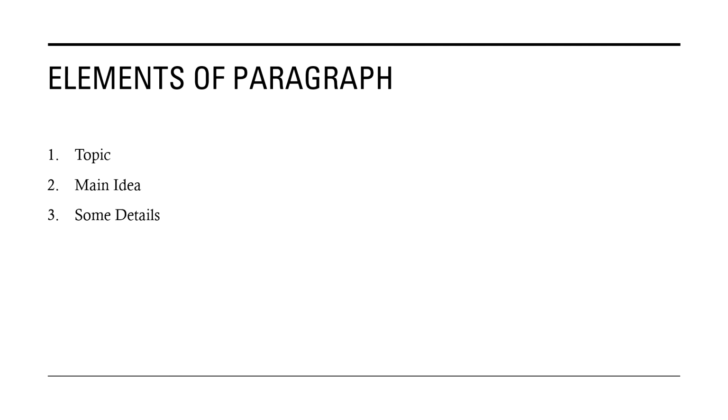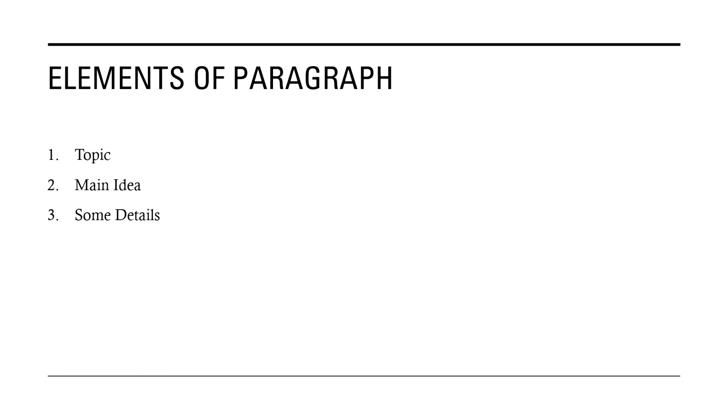The first is topic, the second is main idea, and the third is details. As I said before, a paragraph generally has three essential elements: topic, main idea, and details. Well, a topic is the one thing the paragraph is about. It is the unifying factor to which every sentence and idea contained in the paragraph relates.